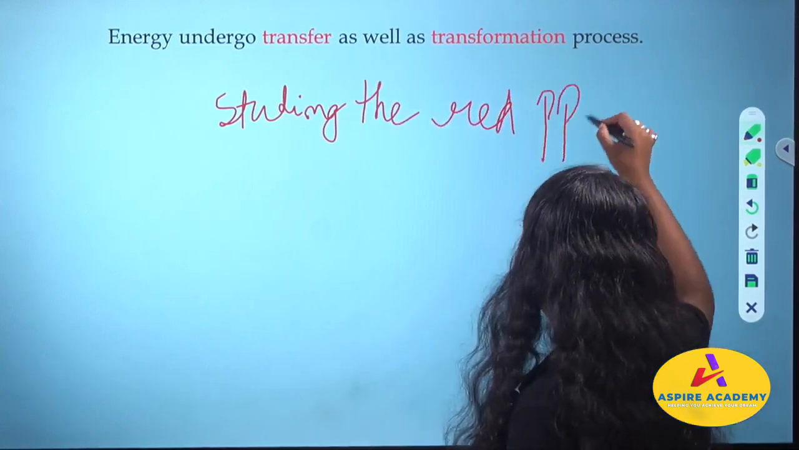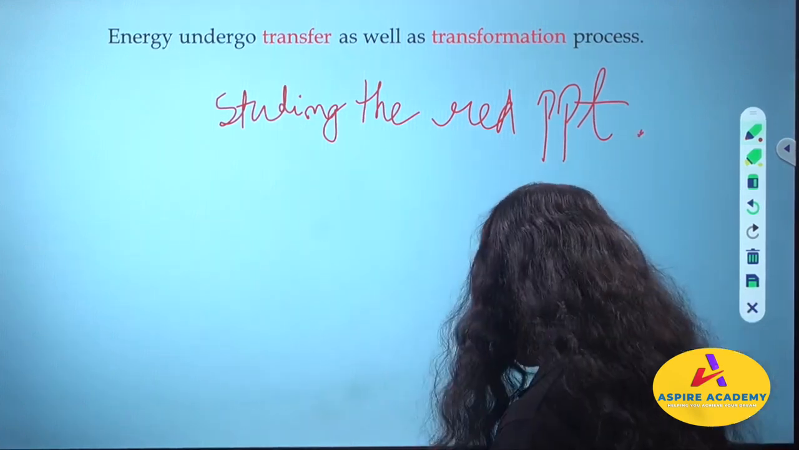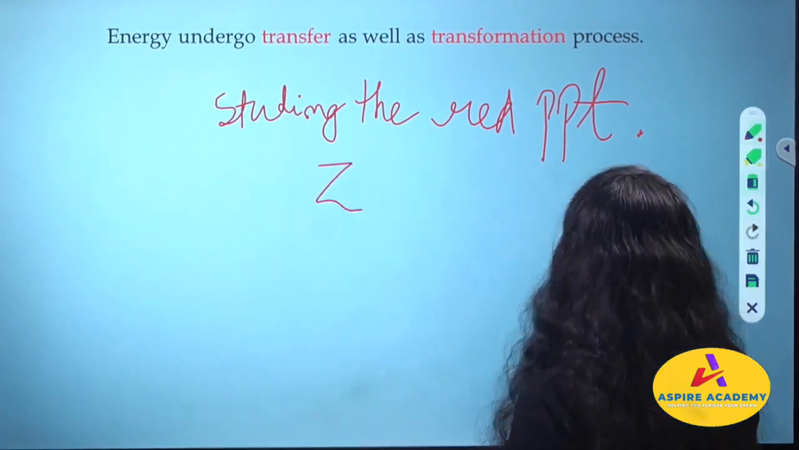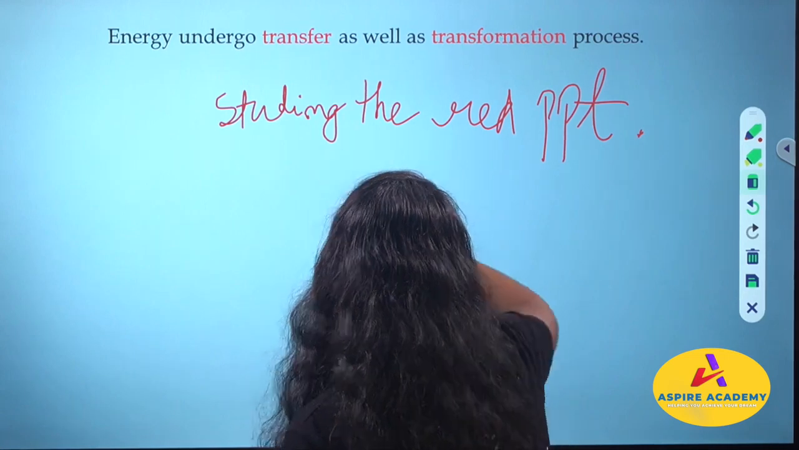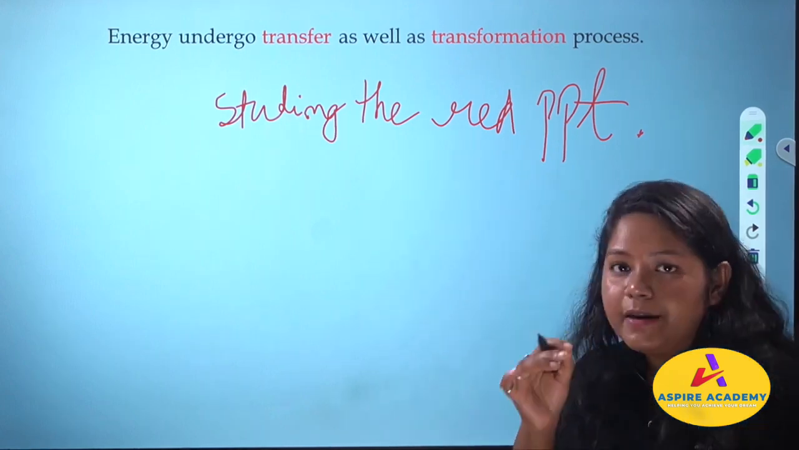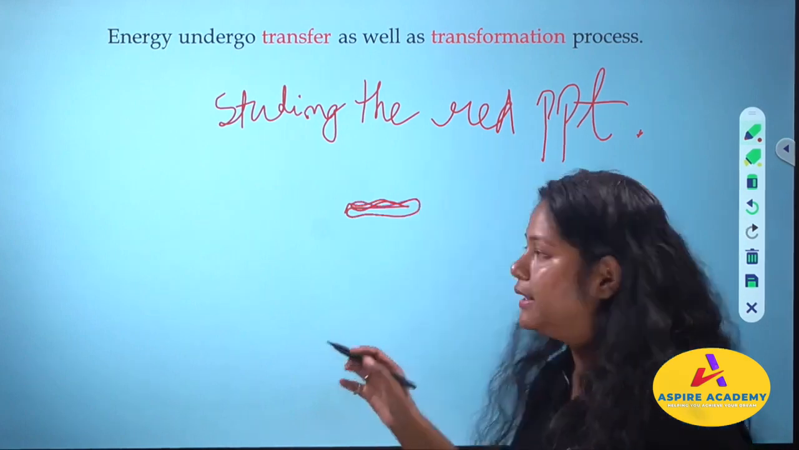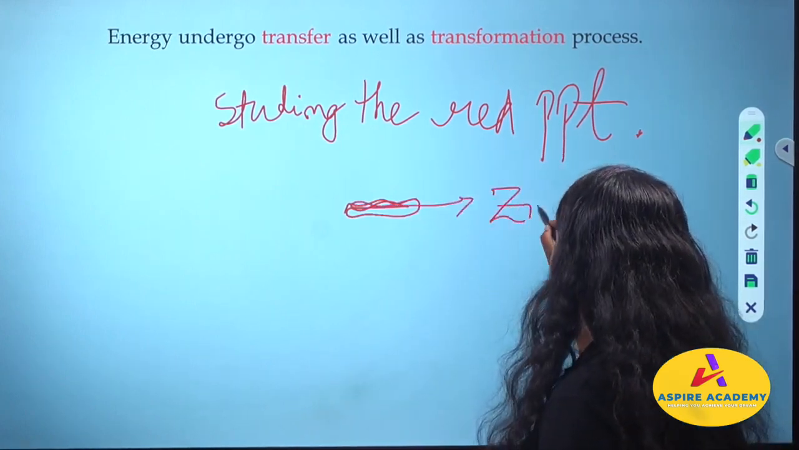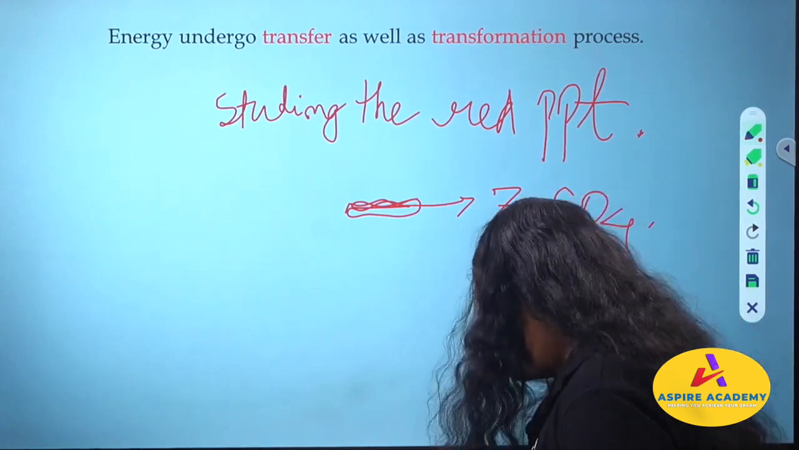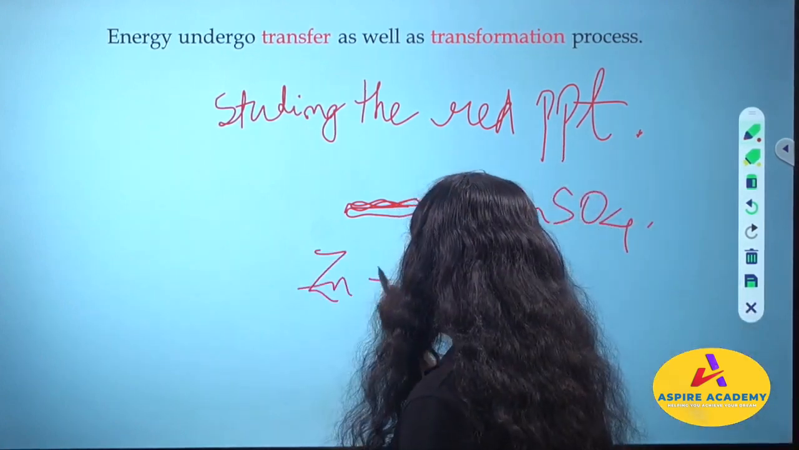Now when they started to study the red PPT, what did they understand? They thought that the red PPT that was getting accumulated was ZnSO4, zinc sulfate. They thought that this is zinc sulfate, and predicted a reaction as Zn plus